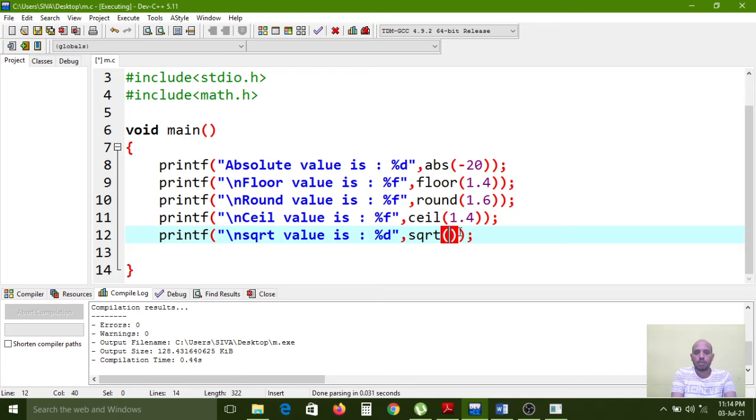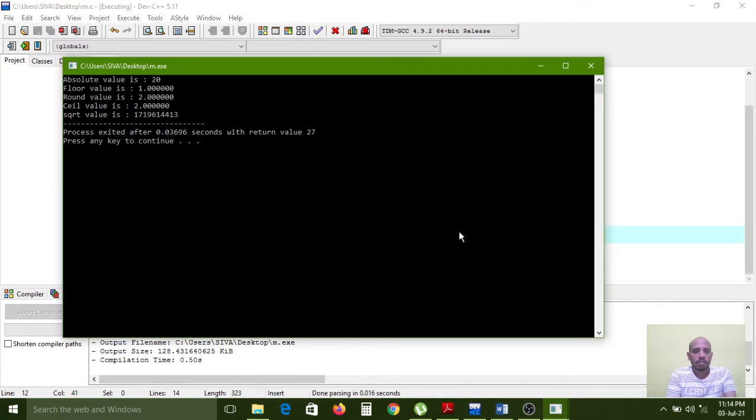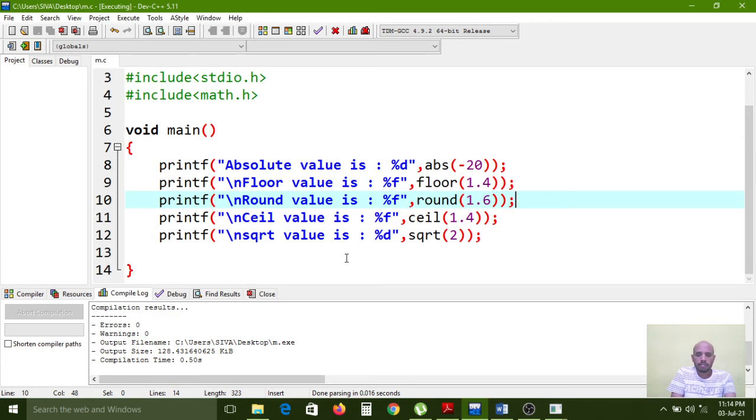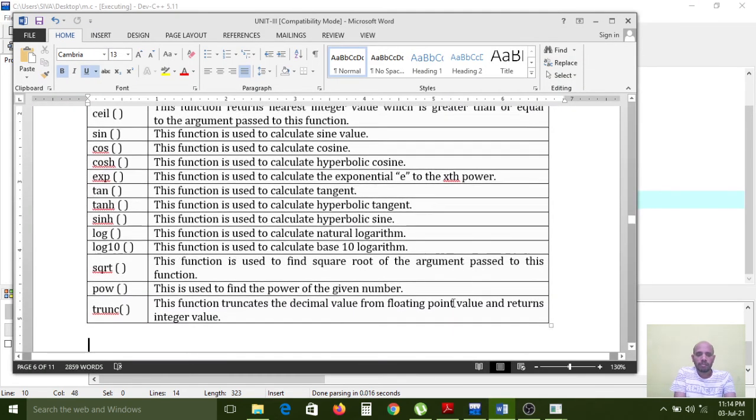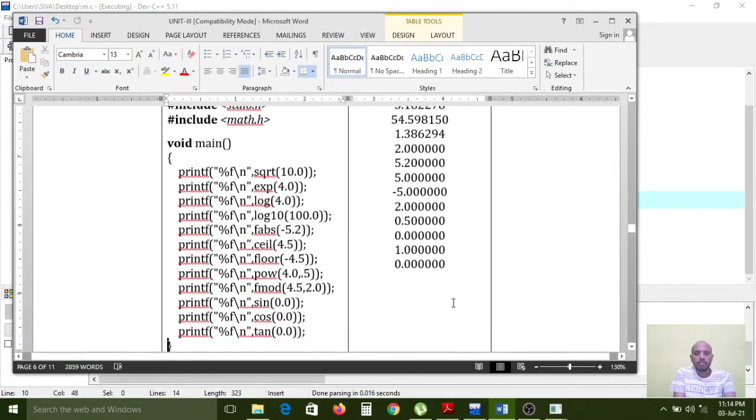So if I pass 2, the square root value is a garbage value, it is showing by percentile d. The square root function is the same, sqrt.